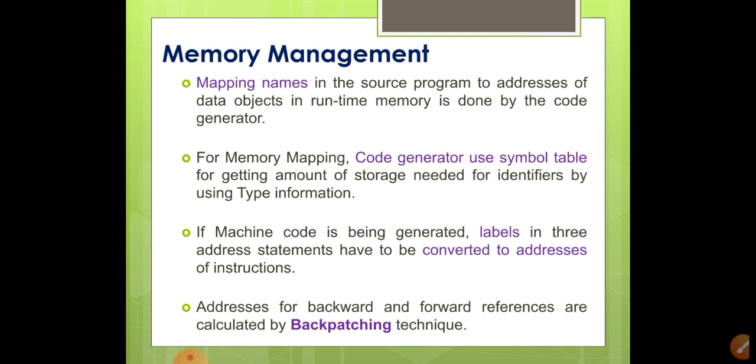Very important: when we generate an address for a variable, there is no problem, because all the information is available in the symbol table manager. Like int a, so a is an integer variable. By using this information, the size of an integer is 2 bytes, and we add 2 to the memory address to store integer variables.